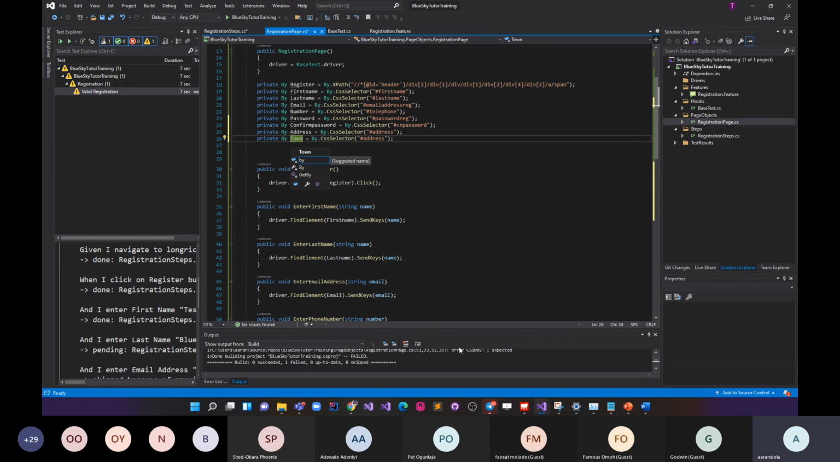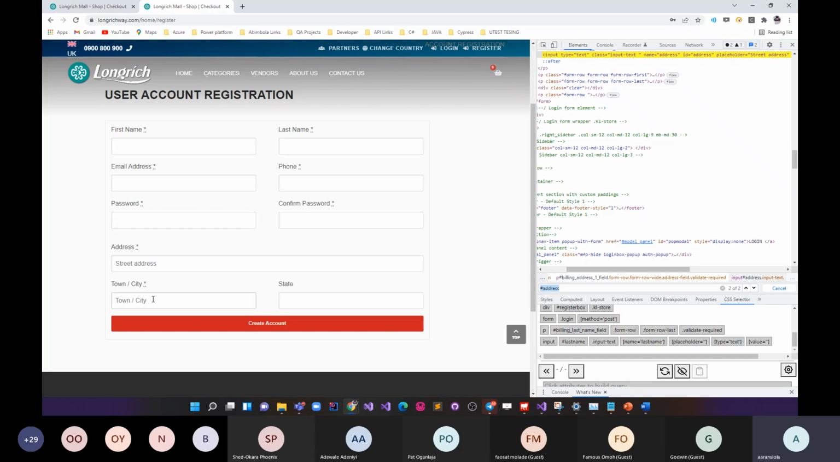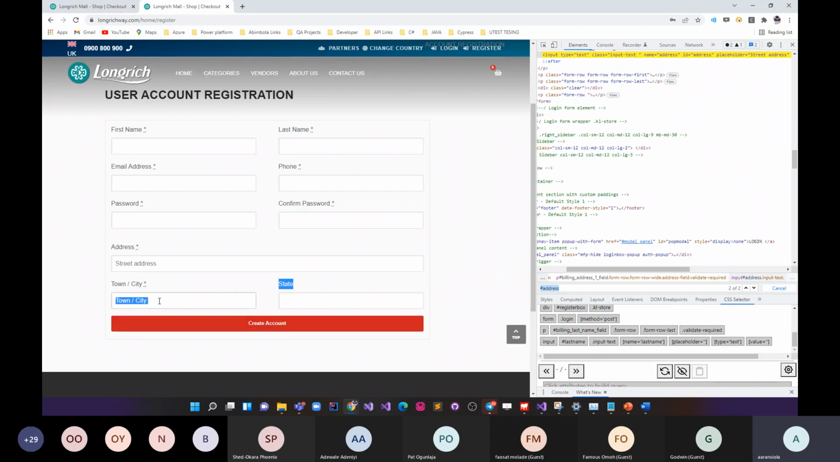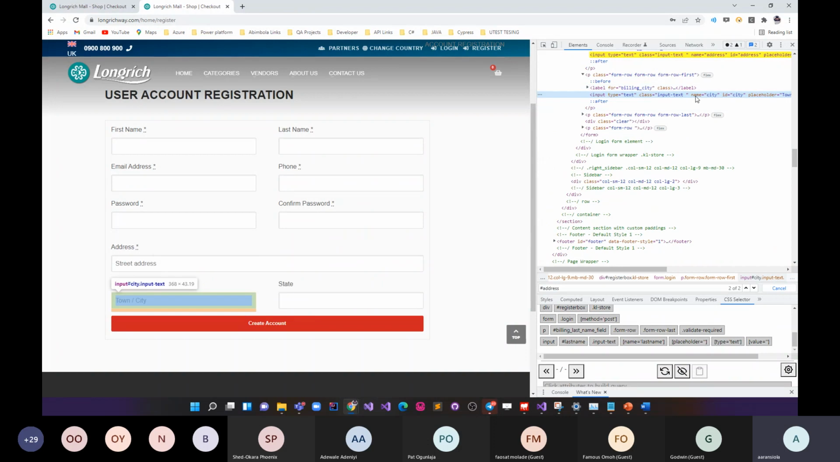So my town, I need to inspect it. Town or city, anyone is fine. I've actually put town in my feature file. You inspect it, and you can see I have ID as well. Just copy it on here